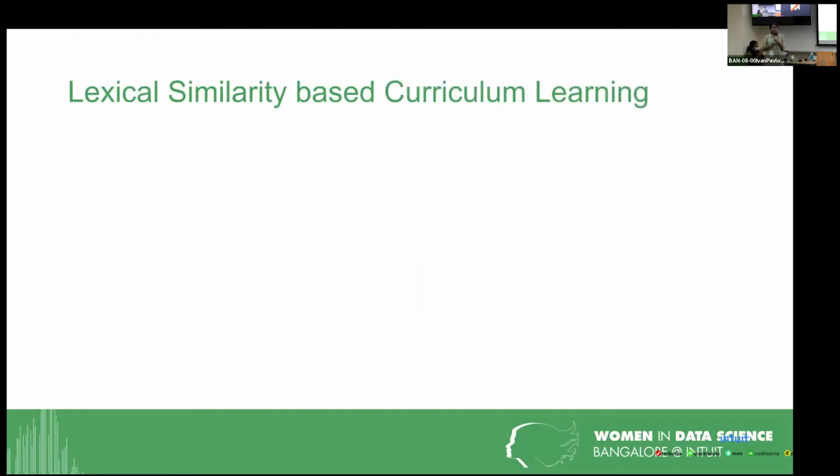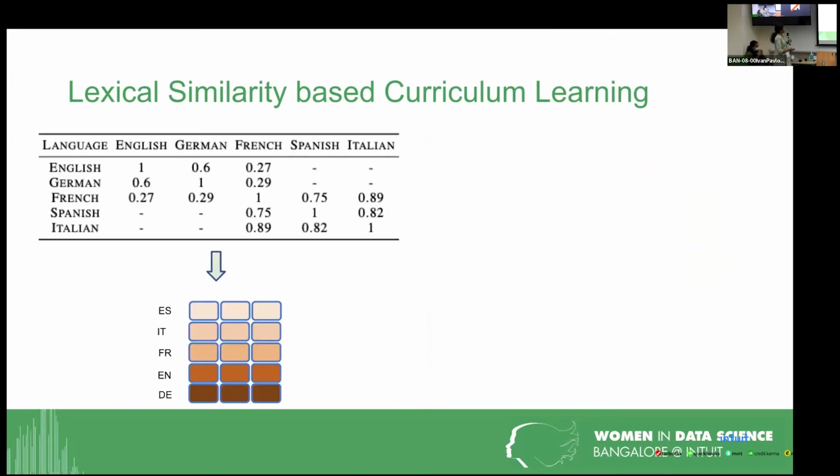The next one is when you cannot use translation and you want to use data sets in different languages. How can we do that? I think we had looked at this concept again, that the features of different languages can be the same, and how can we leverage that to evaluate our model for a different language. So, very similar concept. There's something called lexical similarity among languages, which depends on what words are common between languages in terms of their form and meaning. The more words that are common, the higher the lexical similarity between those languages. So we can use this understanding to again sort our data.